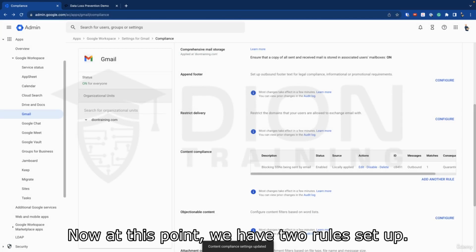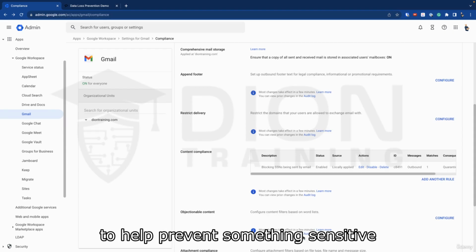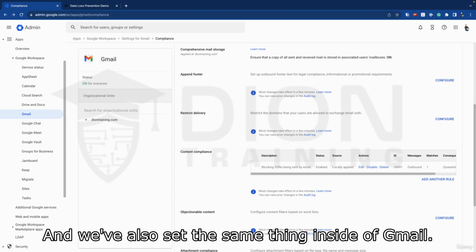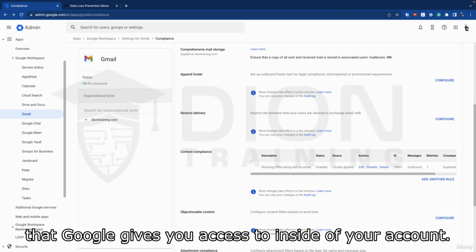That's it. Now at this point, we have two rules set up. We have one that's set up for our chat and our Google Drive to help prevent something sensitive like a social security number from being sent. And we've also set up the same thing inside of Gmail. Now, the last thing I want to bring up is this thing called the data loss prevention demo that Google gives you access to